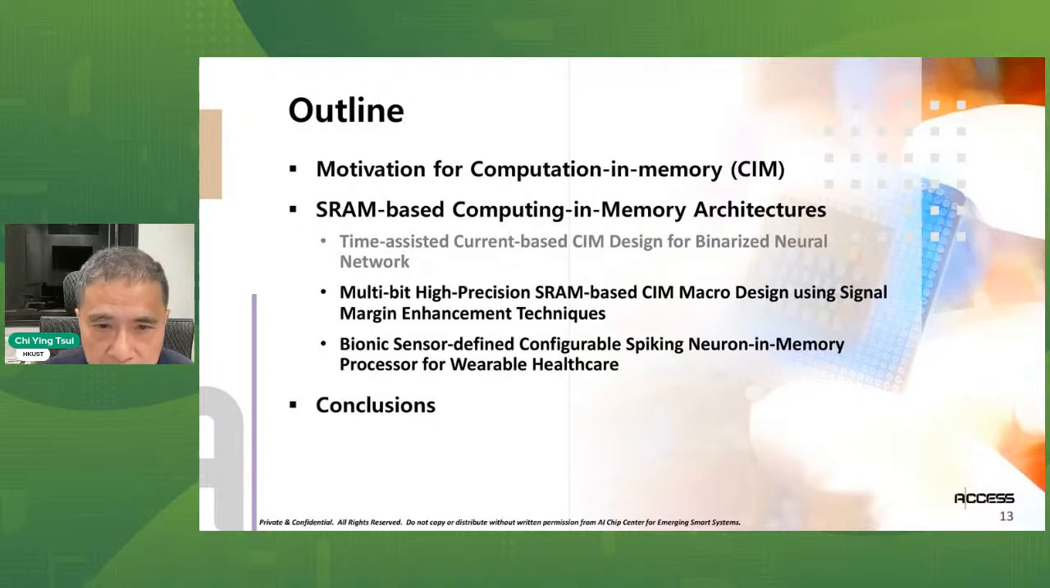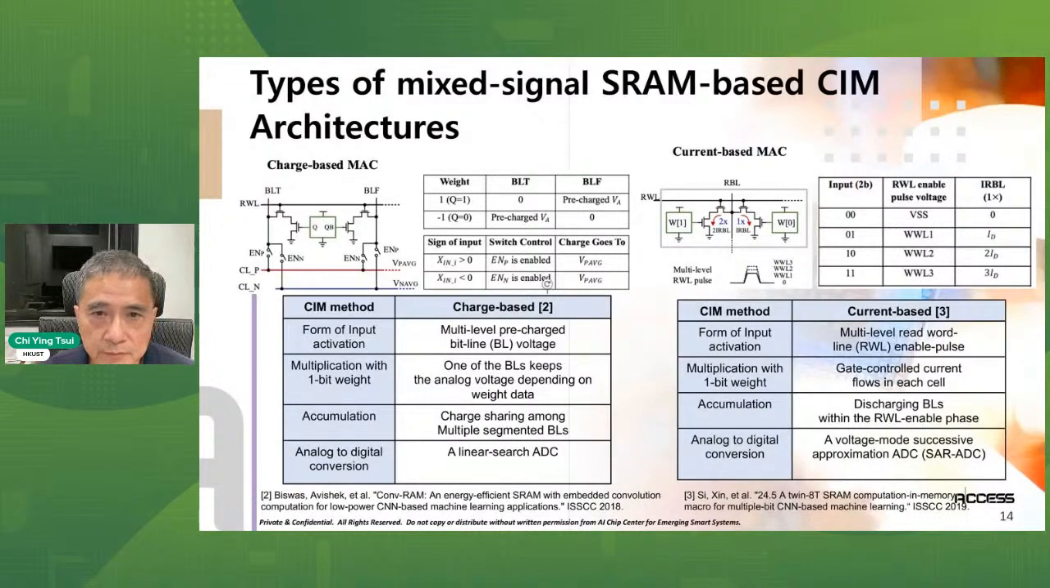Okay, now first we'll talk about the first design, which is mainly used for binarized neural networks. That means the weights are either +1 or -1. Existing mixed-signal SRAM-based CIM architecture is mainly based on two different mechanisms. One is called charge-based